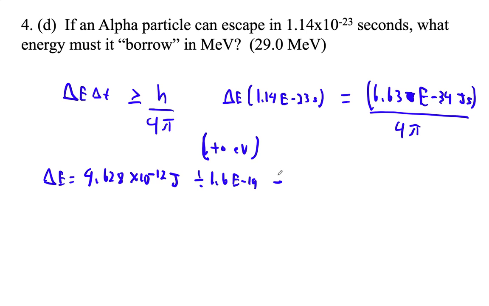And then I'm going to divide by 1 times 10 to the 6th to turn it into mega electron volts. I suppose you could just divide by 1.6 times 10 to the minus 13th, but you know, there's some suspense here. So I'm going to divide by 1 times 10 to the 6th, and I get